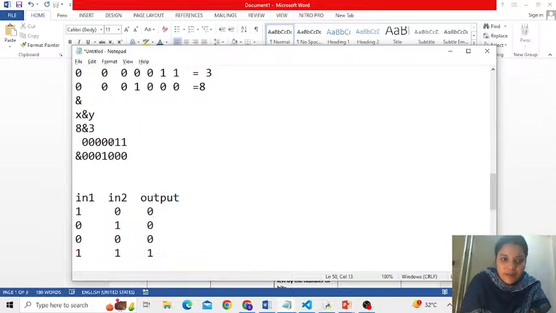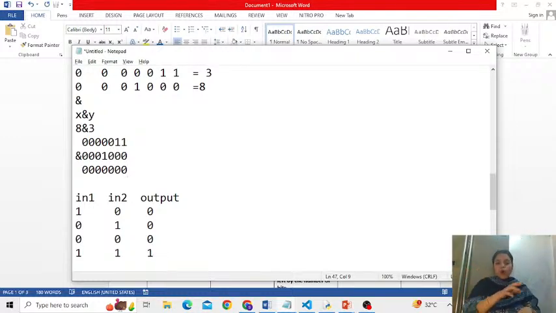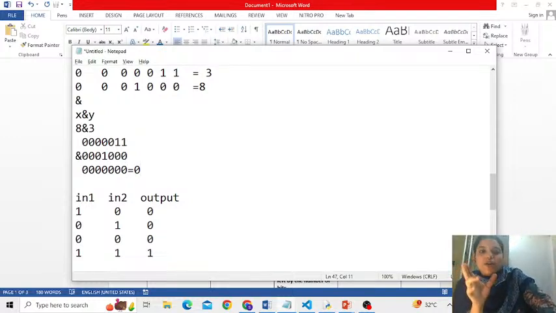Alright, fine. So now tell me what happens. This is the binary equivalent of 3, and this is the binary equivalent of 8. We are trying to do 8 and 3. Start doing ANDing to them. 0, 0, both bits are low, outcome will be 0. Again both bits are low, outcome will be 0. Both bits are low, outcome will be 0. Not both bits are 1, still the outcome will be 0. Hoping you understand it. That means all the zeros here are also equivalent to 0 in decimal. Are you understanding what I am talking?